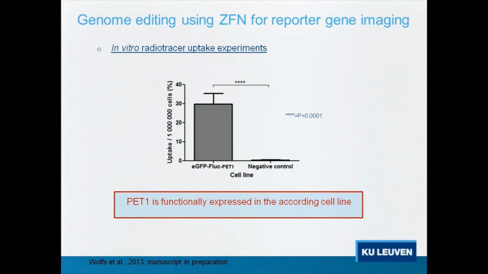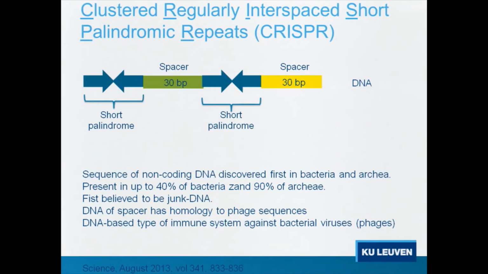So we were able to reproduce that indeed you can use zinc finger nucleases to introduce reporter genes into stem cells. And now, finally, if you're still with me, if you're not anymore, you need to wake up, because this is something very important, very exciting, and you should take note of it. This is a novel system which has recently been discovered. It's been out there for a little while, but the fact that it's a very useful tool, maybe by far the most useful of all the ones that I've shown up until now,